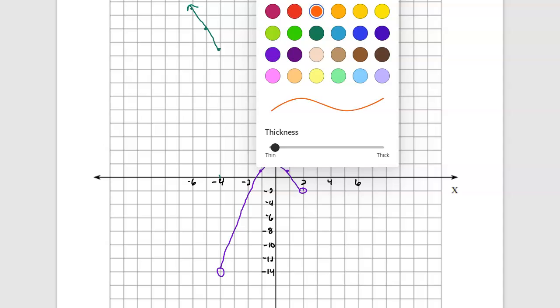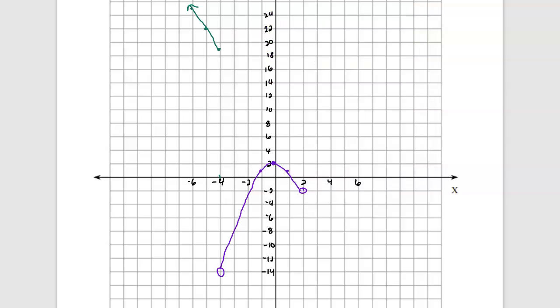Then for the last part of my graph, at 2, I'm at, didn't mean to erase that. I'm actually going to put it up here. So then at 2, I'm at -1. And at 5, I'm at -2. And my others are the square roots, so they're at decimals. And it would look like this. So now I have my graph